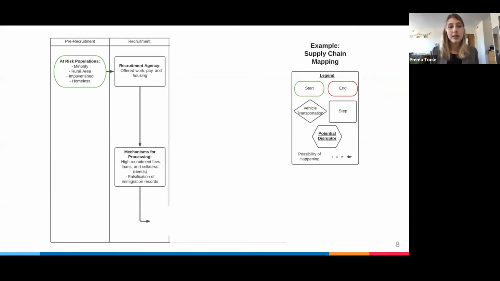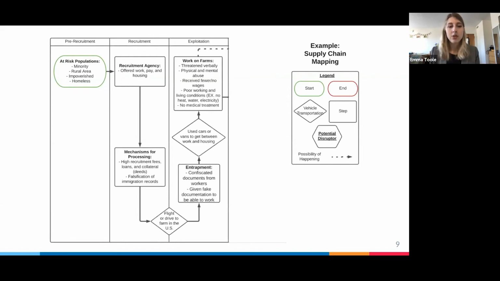Moving on to the recruitment phase, a recruitment agency or a local recruiter in the area will approach these at-risk populations and offer them work, pay, housing, things that sound really great. So then they get sucked into the system. For them to then start working, they face high recruitment fees, loans, and sometimes even collateral to get the work. For example, sometimes people will have to give over the deeds to their house to these recruitment agents to prove that they want to work for them. These recruitment agents then falsify immigration records in order to get these people into the US or get them licensed